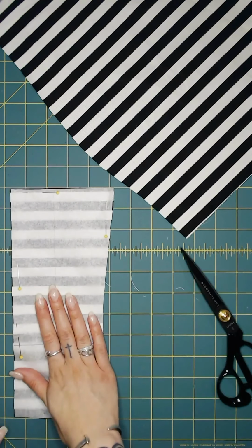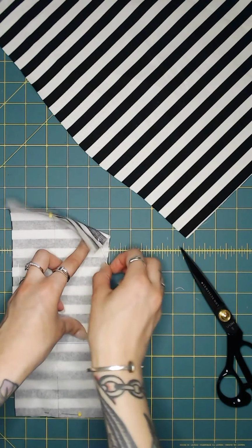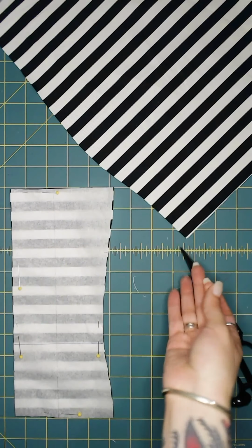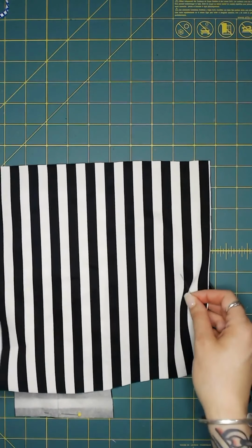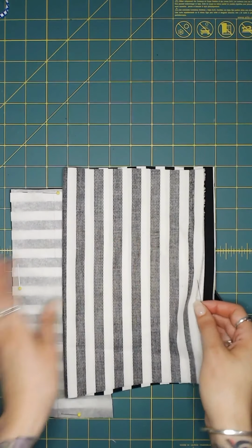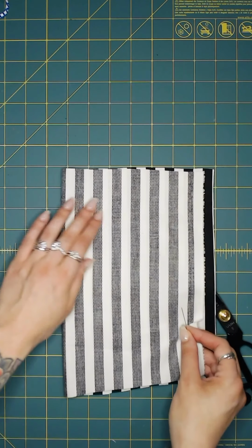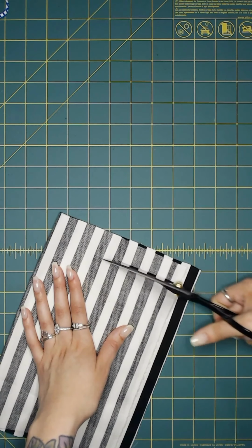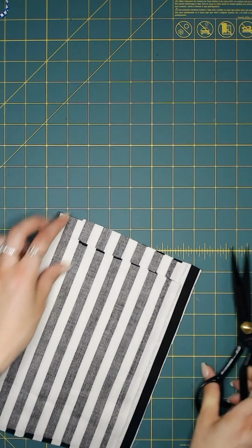So now I have one side. Keep in mind that my fabric, the right side is facing up, and typically you would cut your fabric with right sides of the fabric facing together. So for example, my right sides would be facing together, and then you would put your pattern piece on top. Because this stripe is very, very uniform, you can probably get away with cutting two pieces at once. It's a little risky, but